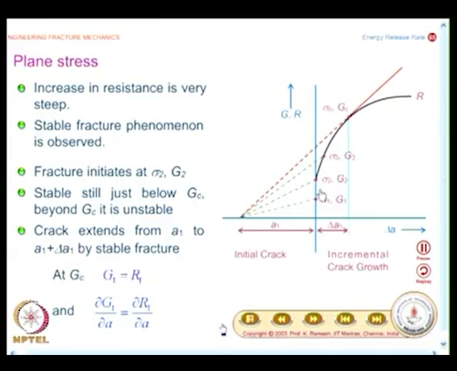If the load is stopped, the crack also will stop, but once you come to this position, even a very small perturbation will make the crack propagate catastrophically. So, what you will have to really look at is a stable fracture followed by unstable fracture, and this is where I said when you are doing a plane stress test, you do not need to introduce